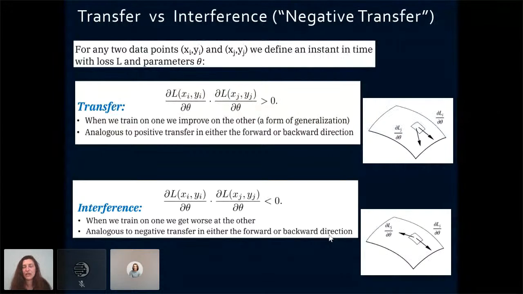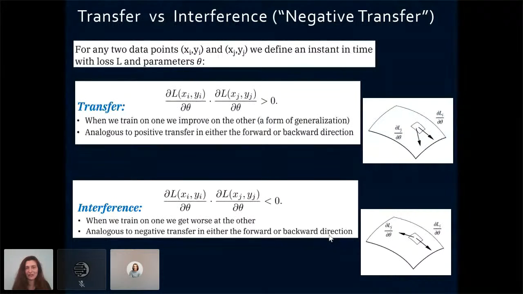You may actually have what's called transfer, or positive transfer, in the sense that your gradient on the old sample and the new sample are in some sense aligned, and therefore when you continue training the model on the new sample, you do not interfere with the old one. As simple as that. So your gradients are pointing in similar directions, or if that's not the case and they're pointing in opposite directions and their product is negative, that's what can be called interference,